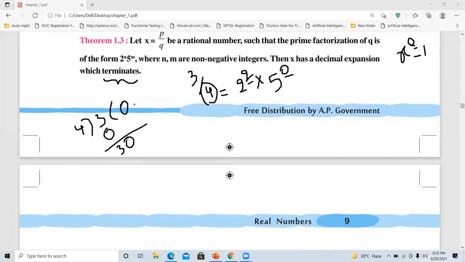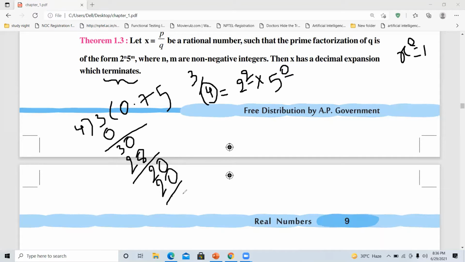Now let us see at which number 4 will divide 30. 4 fours are 16, 4 fives are 20, 4 sixes are 24, 4 sevens are 28, 4 eights are 32, which is greater than 30. So 4 sevens are 28. After this, if we subtract 30 minus 28, we will get a remainder 2. Since we have the point here, we can put a 0 here. So we will get 4 fives are 20.